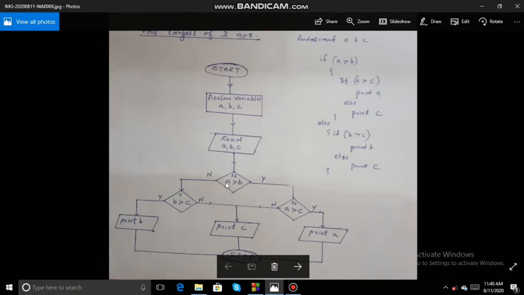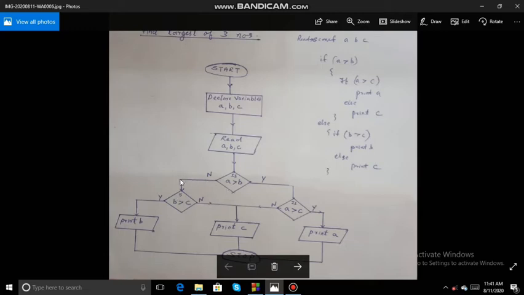Then here, in the first step, in this box, you are checking whether a is greater than b. Here itself, if a is not greater than b, it will come here. That means b is the greater number. That means b is bigger. If that check is not true, it will come here. That means b is greater than a.